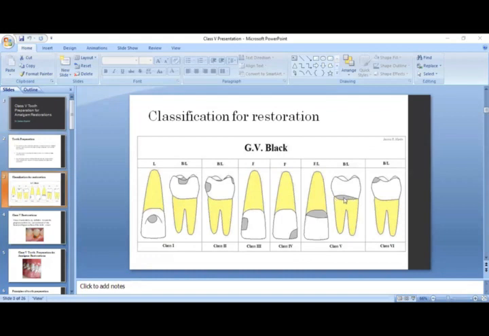That area which is gray is very near to the gingival line. This is the posterior tooth and this is the anterior tooth. You can easily see that it could be the facial side, it could be the lingual side, or both. That means the class 5 region can be present on the facial side. Facial side means the side in front of your lips, and the lingual side is the side in front of your tongue. So the caries region can be present on both the facial and the lingual side, but it should be close to the gingival area. It should not be away from the gingival area. So please keep that in mind.